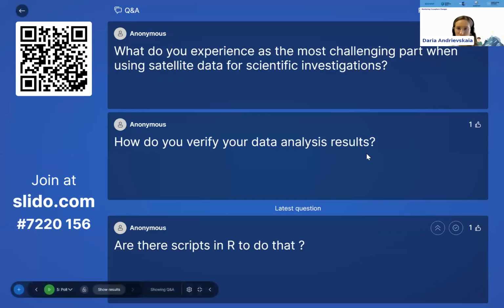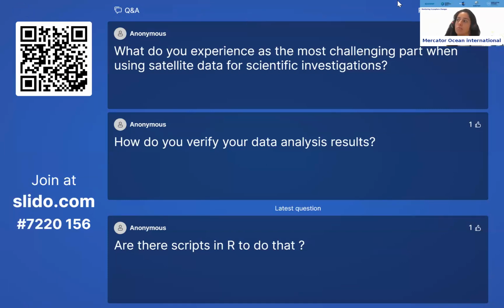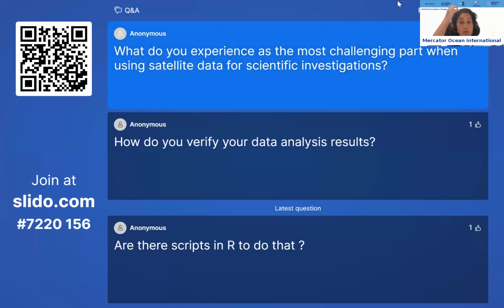Yep. Okay. Great. So the first one is a bit of a more general question. In your opinion, what do you experience as the most challenging part when using satellite data for scientific investigations? Well, I think, generally,